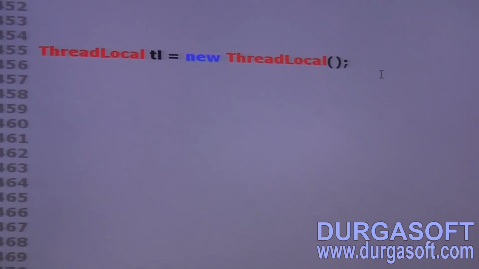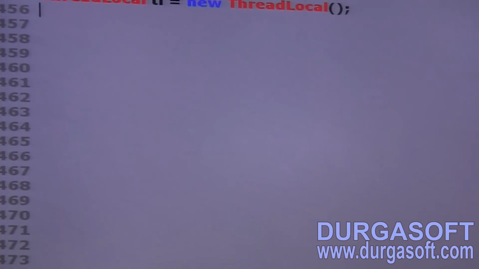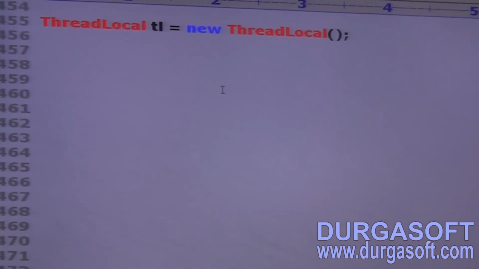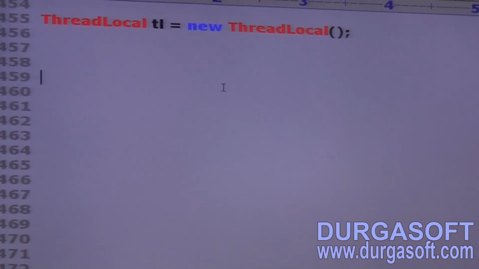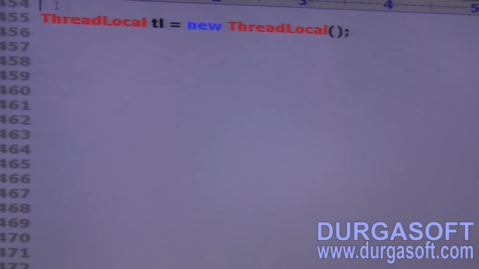For whichever thread has access to this object, it is going to maintain one copy of count, one copy of username, anything. This creates a thread local variable.